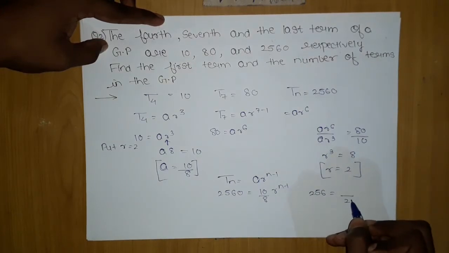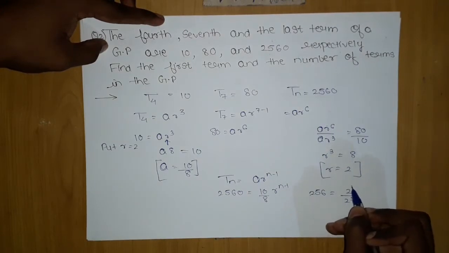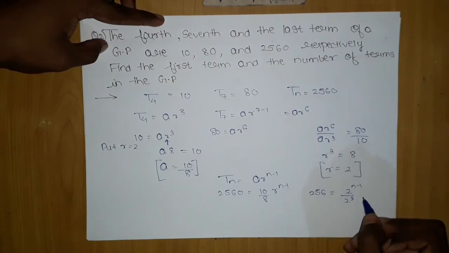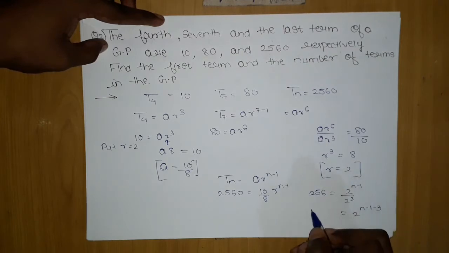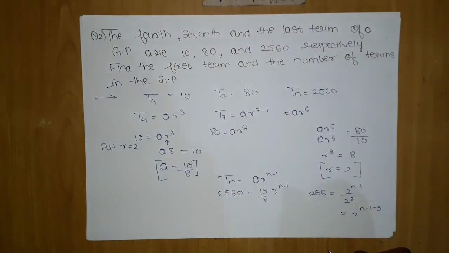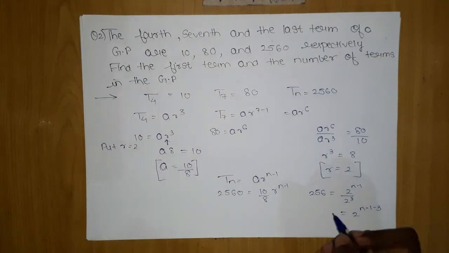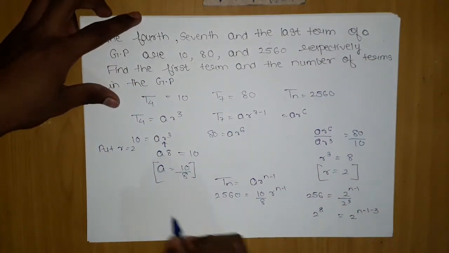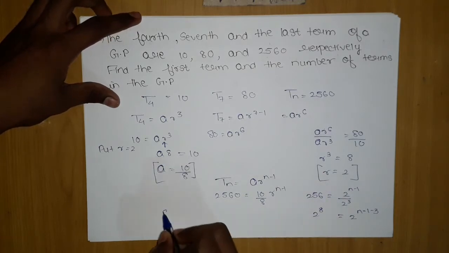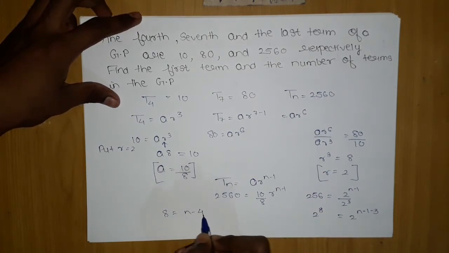Okay, this is nothing but 2 to the power 3, and this is nothing but 2 to the power n minus 1. If I move it up, what do I get? 2 to the power n minus 1 minus 3. And here it is 2 to the power 8. So what do we get? If I compare the terms, 8 is equal to n minus 4, which gives me n